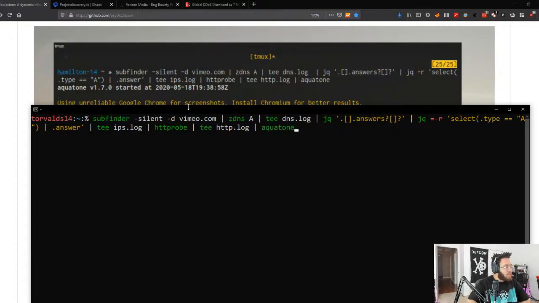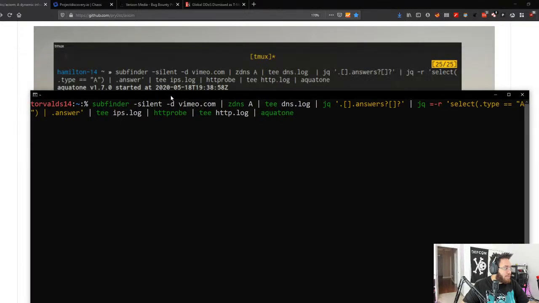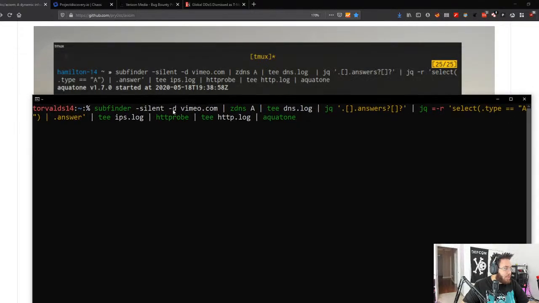So this looks like it does a subfinder with the flags of silent and D for Vimeo. I don't know what the D is, probably for domains. We'd have to look into subfinder. Then it runs ZDNS, then it runs a tee, a jq to parse out the particular data that we